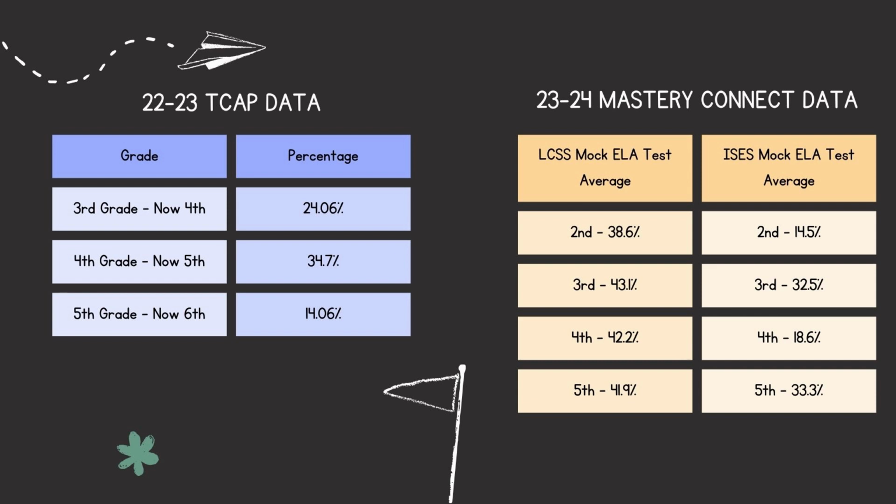was at 38.6. ISES second grade was at 14.5%. District third grade is 43.1%. ISES third grade, 32.5%. District fourth grade, 42.2%. ISES fourth, 18.6%. District fifth grade, 41.9%. Fifth grade, ISES,